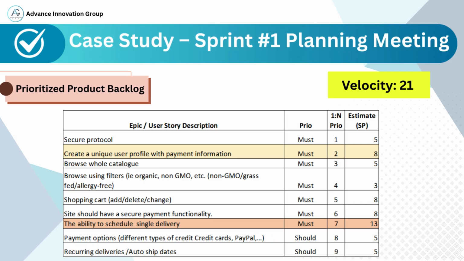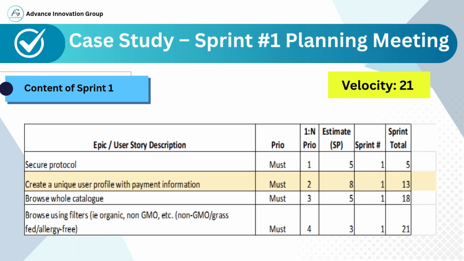Stories ranked lower, like payment options and recurring deliveries, are marked as should, which means they are important but not critical for this sprint. They can be deferred to future sprints. This process ensures that the team works on the most valuable and high-priority features first, maximizing business impact while staying within realistic delivery capacity. This slide outlines the final content selected for Sprint 1, based on the team's velocity of